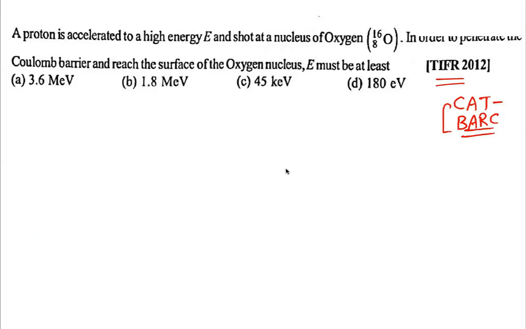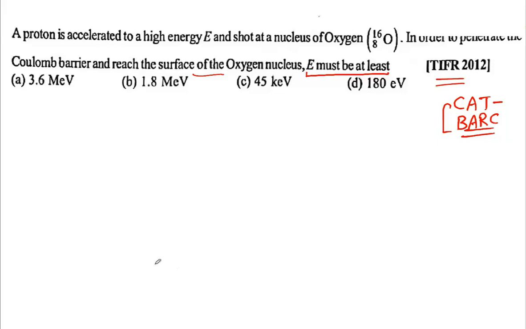A proton is accelerated to a high energy E and shot at a nucleus of oxygen. In order to penetrate the Coulomb barrier and the surface of the oxygen nucleus, the value of E must be at least what? The problem is saying we are shooting protons at an oxygen nucleus and we want them to penetrate within the oxygen nucleus. Now, in order to get this penetration, what will be the minimum energy required for this proton,